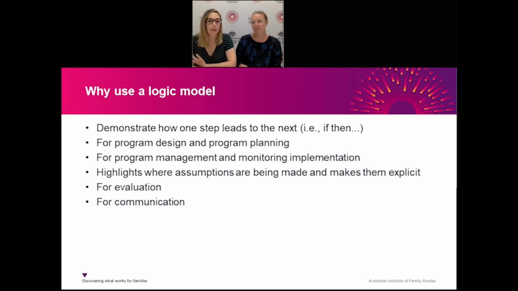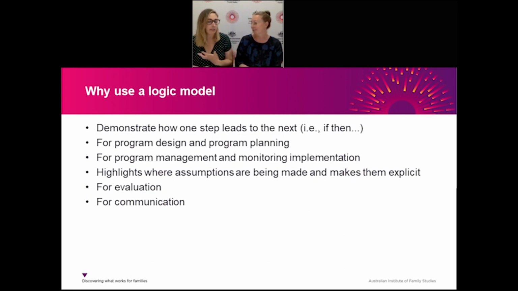But I think there's also a lot of value in going through the process of actually creating the program logic, because it can help clarify what happens in the program, your expectations for how outcomes will be achieved, and the investments that you actually need to make a program work. It can also help to establish a shared understanding between stakeholders about how the program is meant to work. And I also like the way that program logic models reveal the assumptions that we make about how a program will work. And the DSS template really lends itself to testing assumptions a bit more than some other templates, because you're required to also include a theory of change statement with that template.